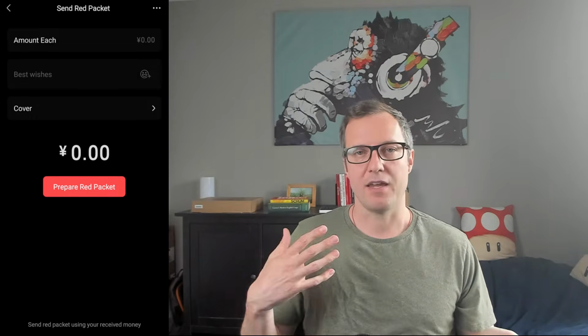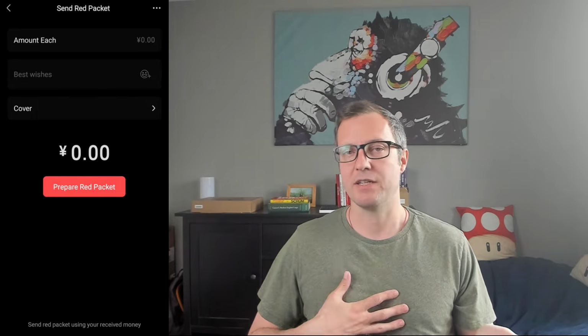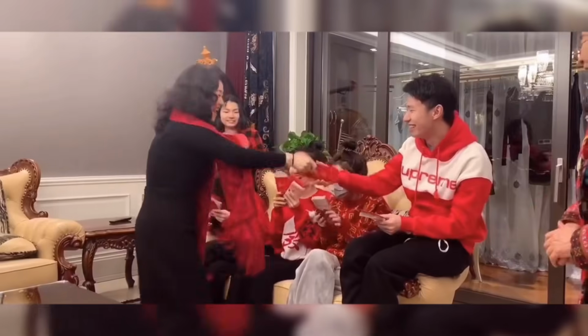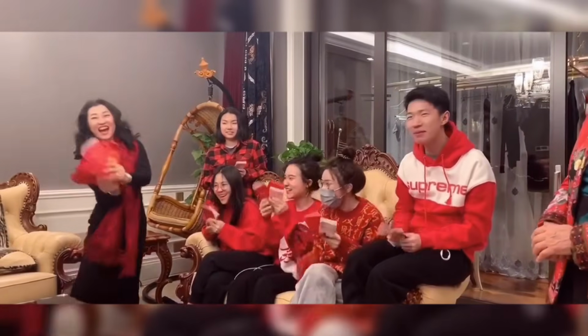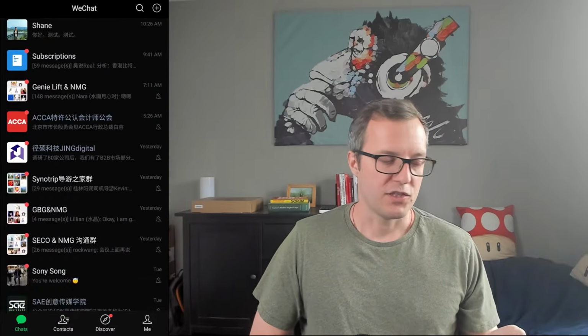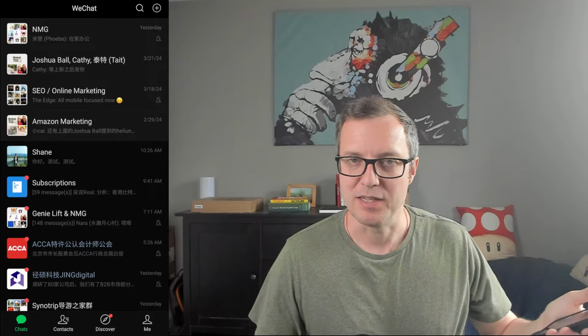So it mimics the experience of actually getting a red envelope, which is a common thing in Chinese culture for giving gifts. In Canada, where I'm from, on Christmas, kids get presents. But in China, on Chinese New Year's, they will receive red packets from their family members, also called red envelopes. I would send a red envelope, but I don't have any money in my account right now.